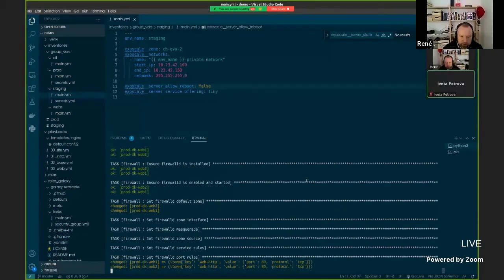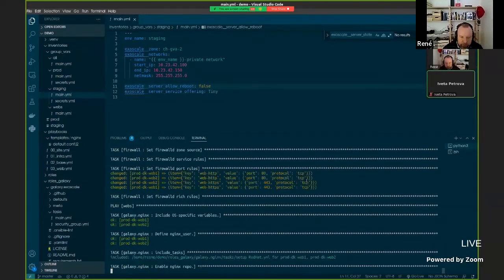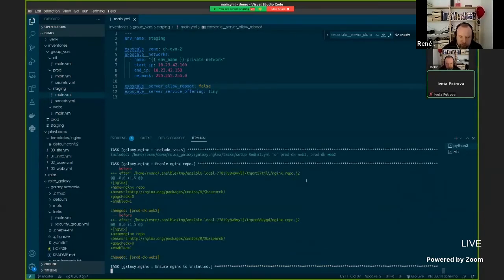And when it's finished, then we can access the web server.